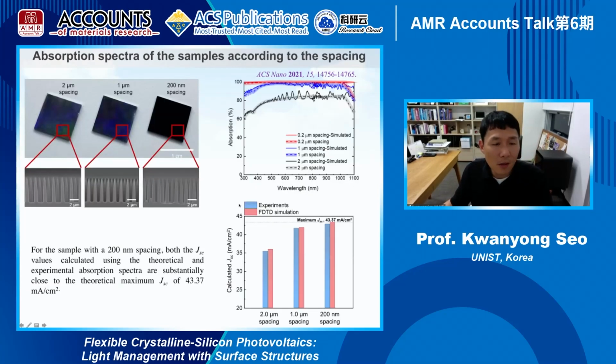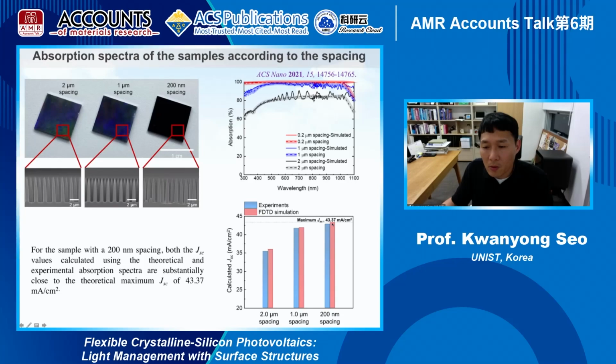So we fabricate the structures with 2 micron spacing, 1 micron spacing, and 200 nanometer spacing, with a 10 micron wire length and a 2 micron diameter. And we compare the absorption spectra with these different spacings. Based on this result, the experimental value is almost similar to the FDTD simulation result, and also the experimentally estimated maximum